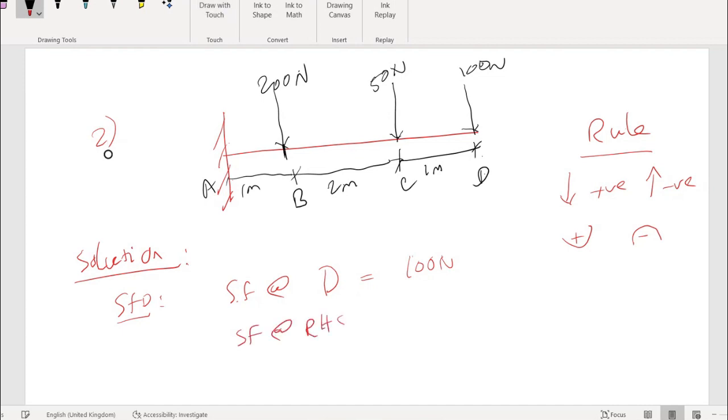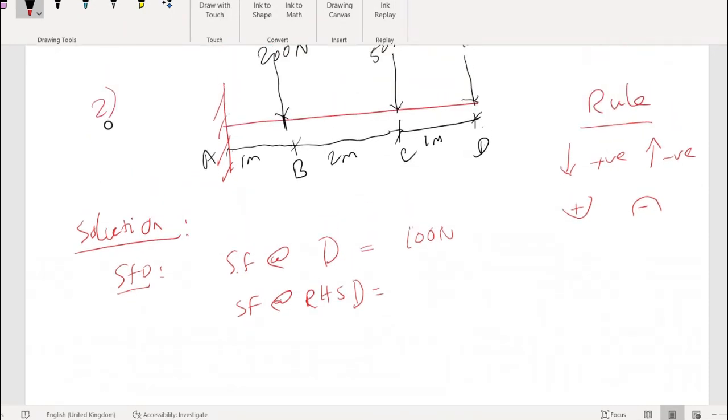This is for your understanding only. No need to write right hand side and all when you get familiarized with these things. What will be right hand side of C? Until C, just 1 centimeter away from C. How much is it? Anybody? Right hand side of C at this point, how much will it be? Please answer. What will be the value of force at this point, just right hand side of C?